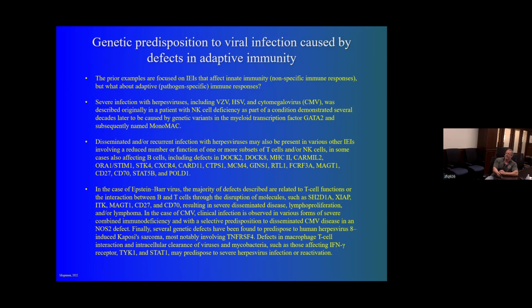And what's been shown, and the example that was used in the literature was Epstein-Barr virus. Epstein-Barr virus is a double-stranded DNA virus that can lead to the production of a form of leukemia that can be very severe, as well as some other diseases. And Epstein-Barr virus is one of these viruses that alternates between a lytic and a latent cycle of replication.